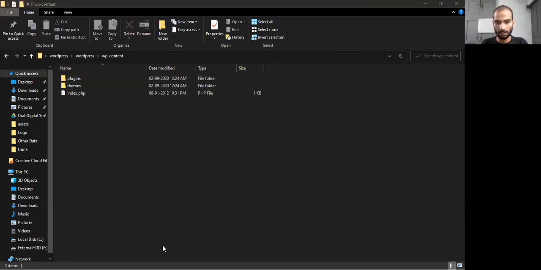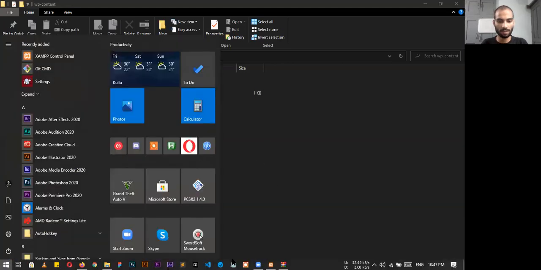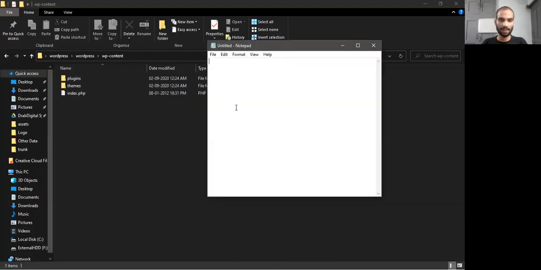Is this working, like if we run this as the main site? Yeah, it will run as WordPress, but there will be no domain here. I will let you know what the domain is here. So it will have plugins, themes, and uploads. These are the three things which are stored in the wp-content folder.